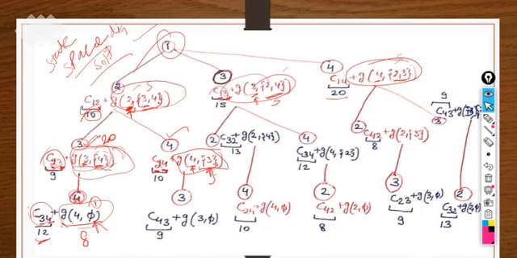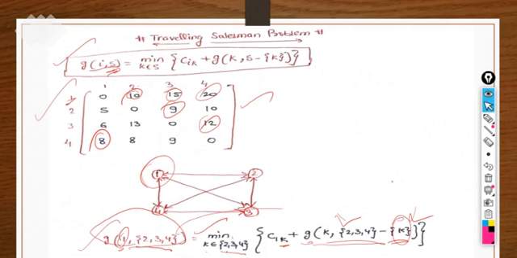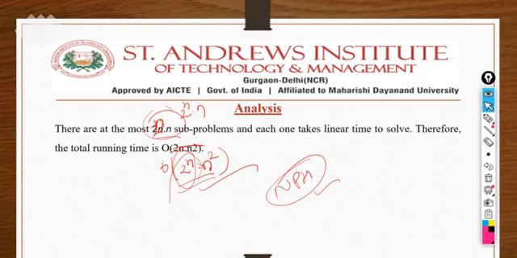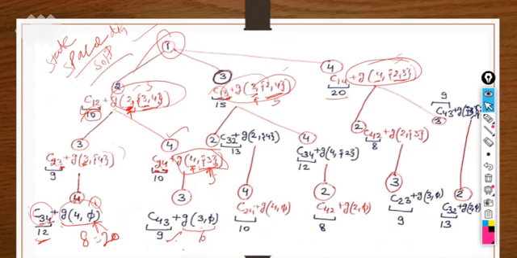So one more thing to trace out. We need not write it here right now. Up to now we have got 20 here. Now we have to evaluate each and every one. Then afterwards we have to find the minimum one in order to go from bottom to top, right? So now evaluate this. c43 is 9 at the leaf node. 3 null means 3 to 1. What is the value? 3 to 1 is 6, right? So 9 plus 6 is 15.